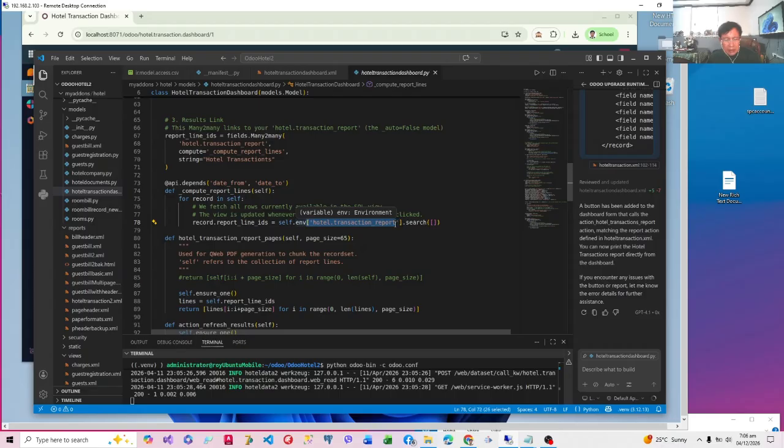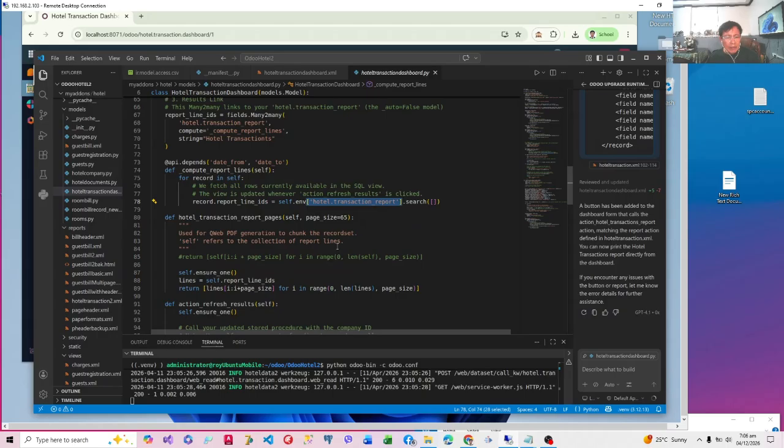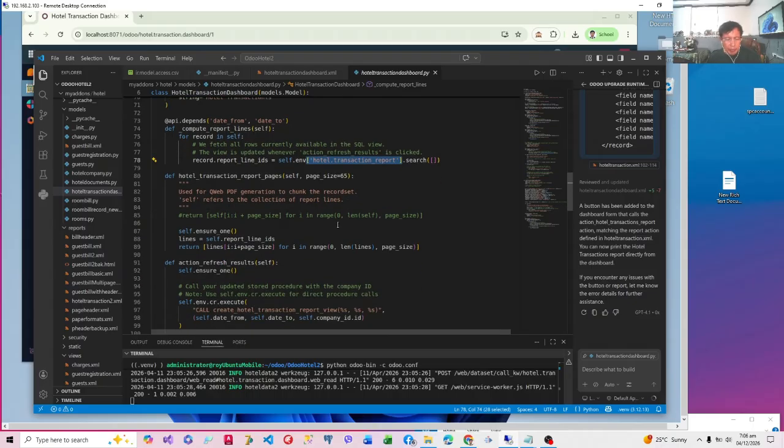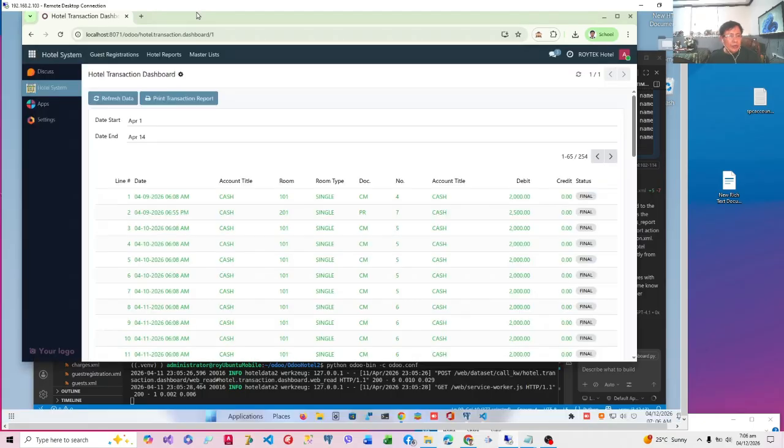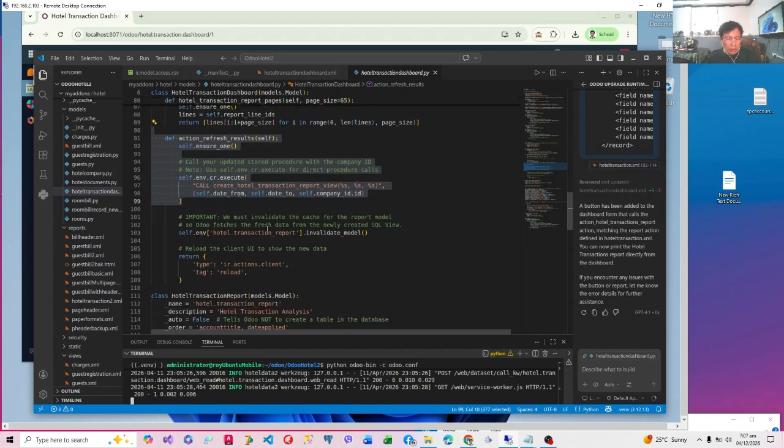It's there in the model called hotel transaction report, and we have further subdivided the lines into pages of 65 records each. And then we had a refresh that will call the function again. This is the refresh action that will be called by the refresh button. Remember, we had a refresh button here, so that's what it calls.